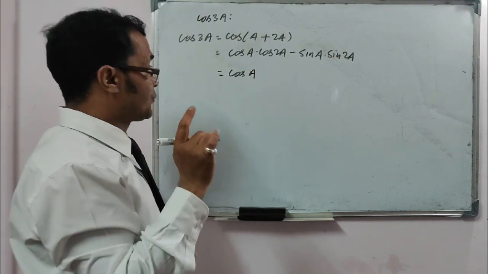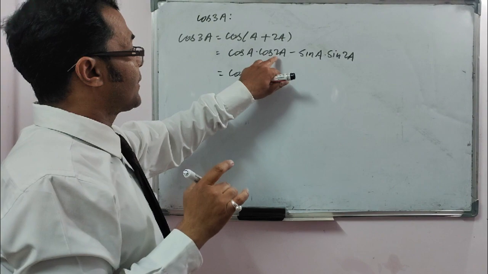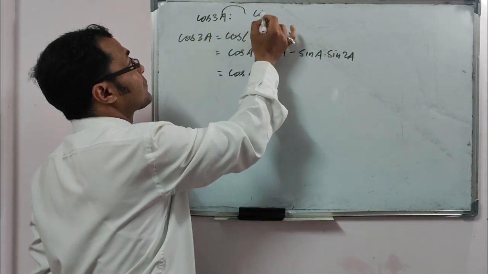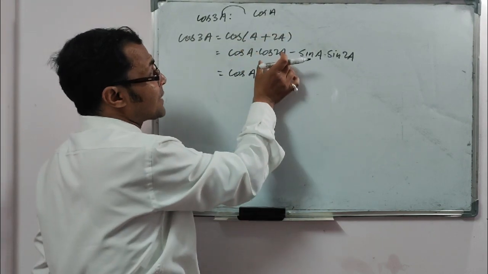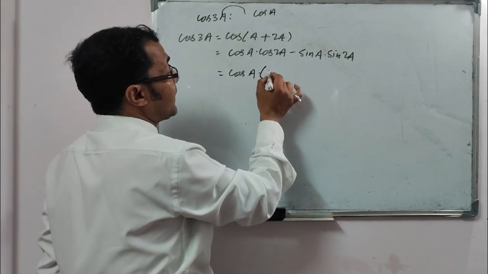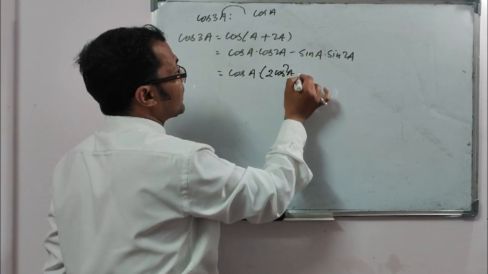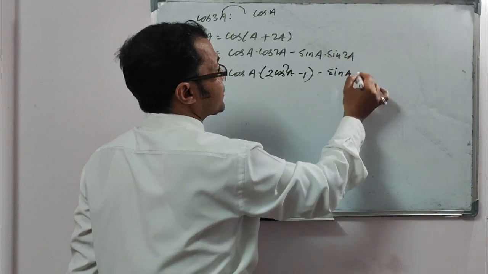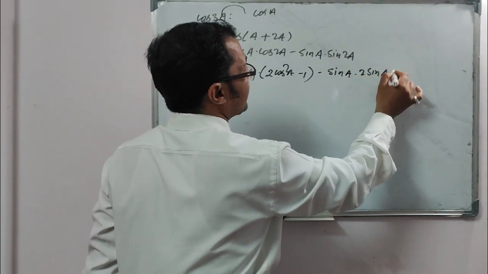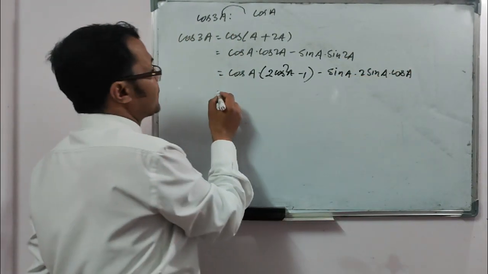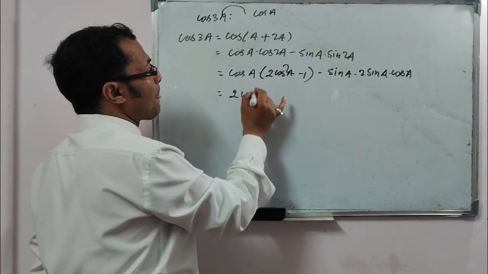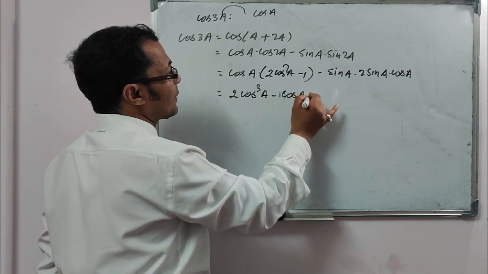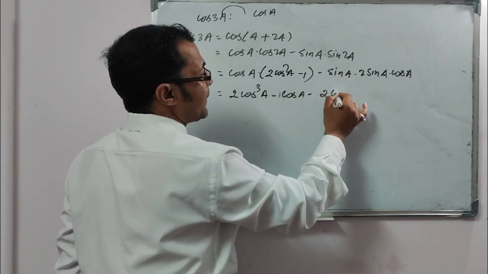And again, I told you just before, if there are two A's, just change them out. And the formula of cos 3A will be purely in terms of cos only. So change this out in terms of cos. That is 2 cos square A minus 1, minus here sine A, and this has a major formula, only one formula, that is 2 sine A cos A in terms of sine and cos. Alright? So just multiply: 2 cos cube A minus cos A minus here 2 cos A remains as it is,